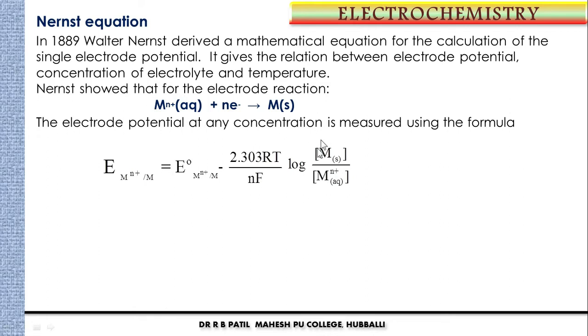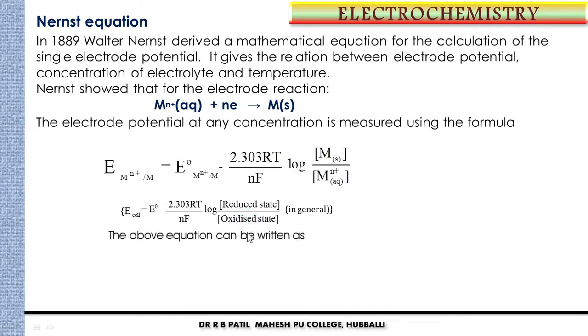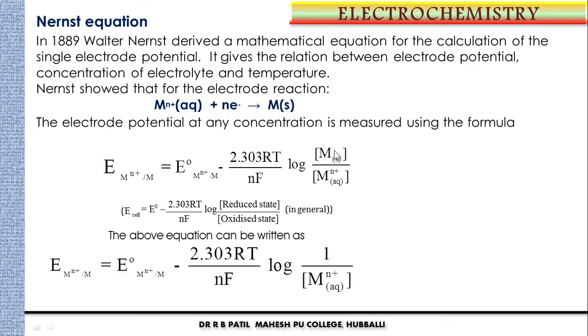So what should we write at the end, students? It is molar concentration of product divided by molar concentration of the reactant, but the molar concentration of a solid is equal to 1, so in this place I can write 1. What is M, students? M is the reduced form, and M^n+ is the oxidized state, correct? So we can also write it like this. The above equation can also be written this way: the molar concentration of solid we always take as equal to 1, so our equation turns out like this.